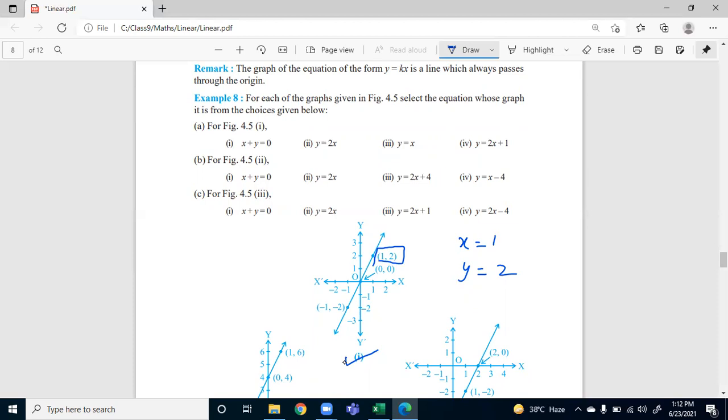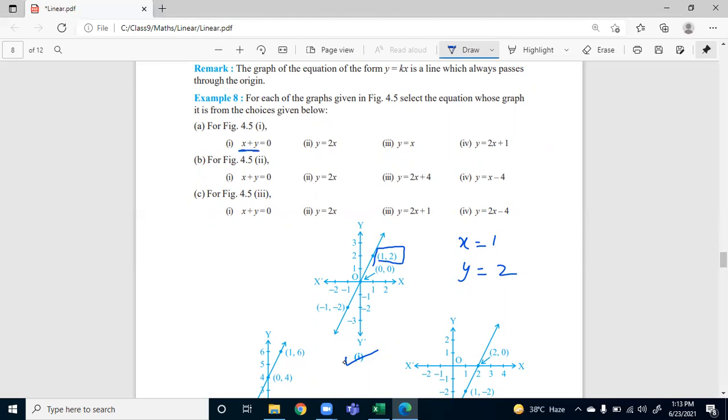So what is the way of doing this question? You have to look at the graph, and whatever points are lying on the line, you should concentrate on that line and find out those points. I can see 1 comma 2 is lying on this line. So x is 1, y is 2. I substitute in these 4 equations. Wherever I find LHS and RHS equal, I will say yes, this is the solution.